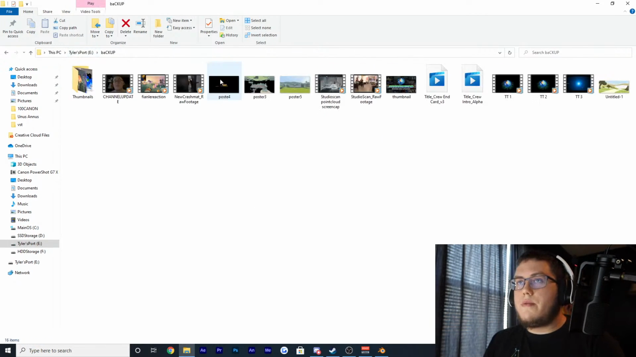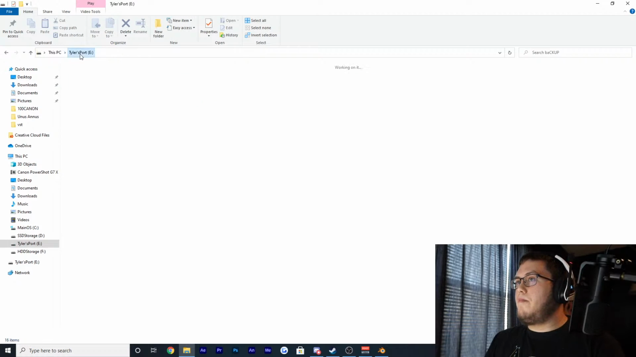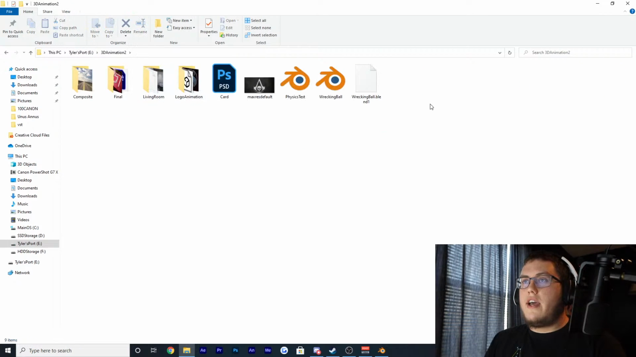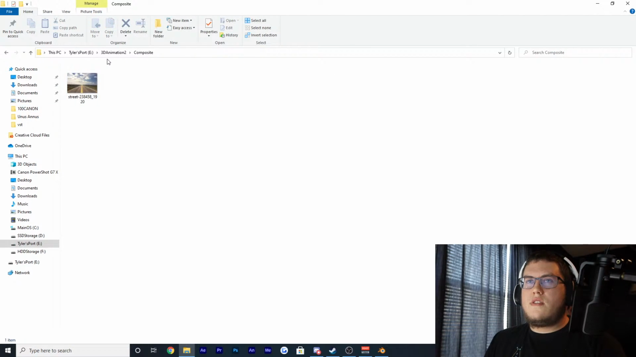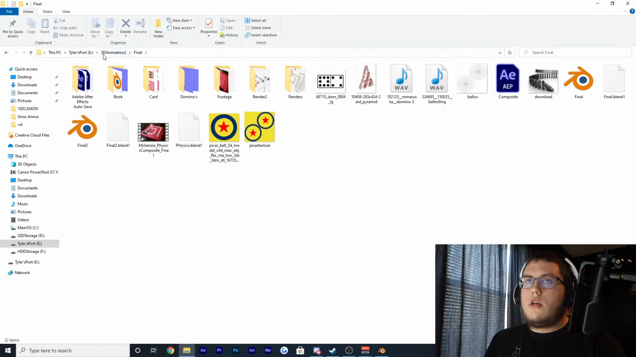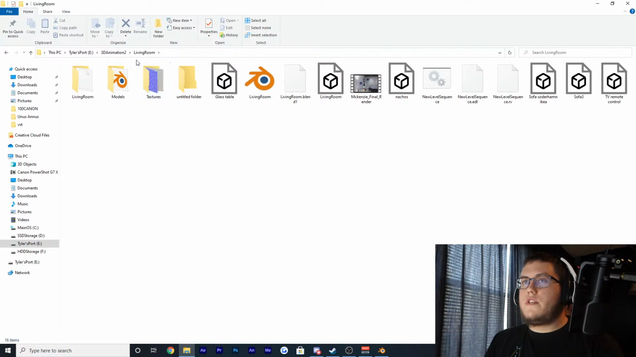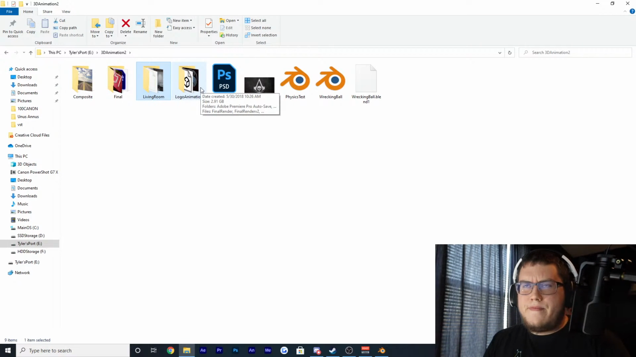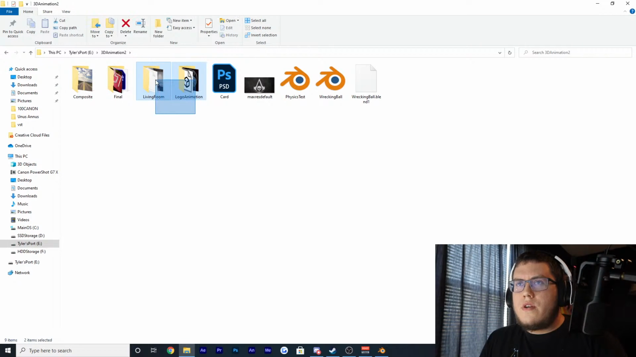So here we go. Oh yeah, that's all my backup files. That's the wrong folder. Actually, I wasn't even finished talking about this stuff. What's next? Composite, no. That's the final one, so I'll save that for later. And if I also remember, these two folders right here,